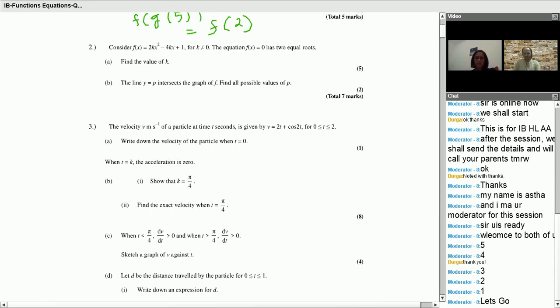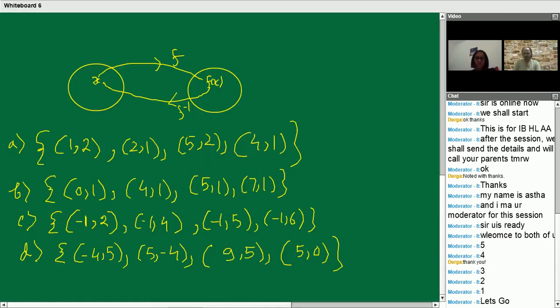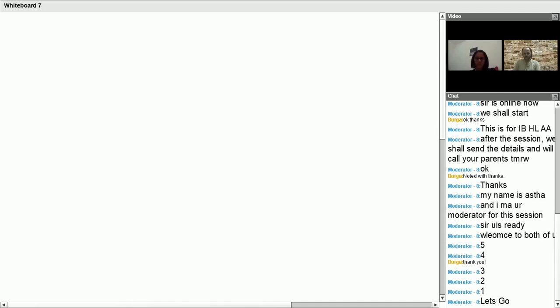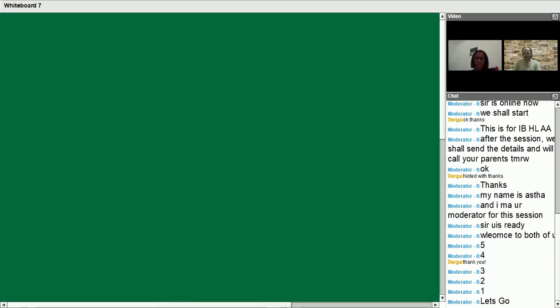Okay. So let's check. First of all, I believe we can discuss a bit about quadratic equations. The standard form of any quadratic equation is f of x equals ax squared plus bx plus c, where a can't be equal to 0, because a is the coefficient of x squared and is called the leading coefficient. If the leading coefficient becomes 0, it will become a linear equation. So that's why a can't be equal to 0. Now plus c,